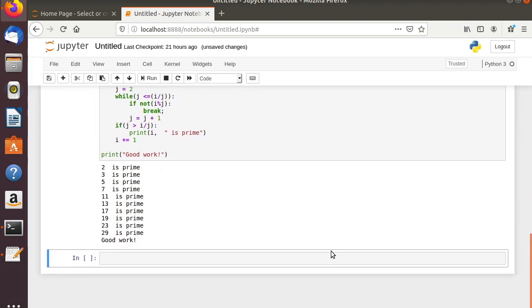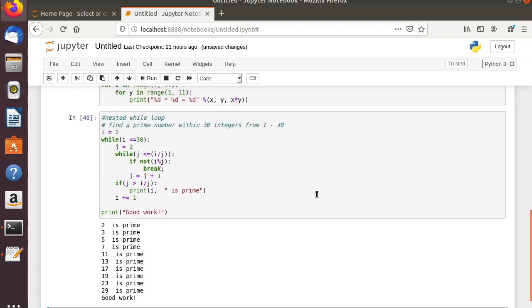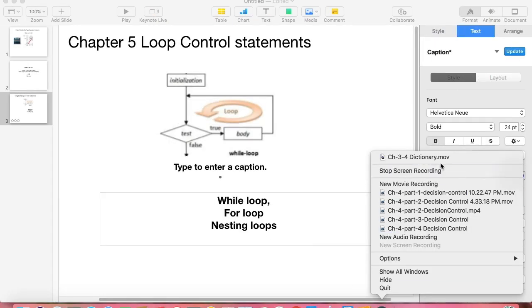So this is one example. 2, 3, 5, 7, 11, 13, 17, 19, 23, 29, right? So this is another example of using a loop inside a loop, or nested loop. So you can practice this example. I think that is the end of this chapter itself. Okay, thank you so much, and keep learning. Okay, we will be covering functions